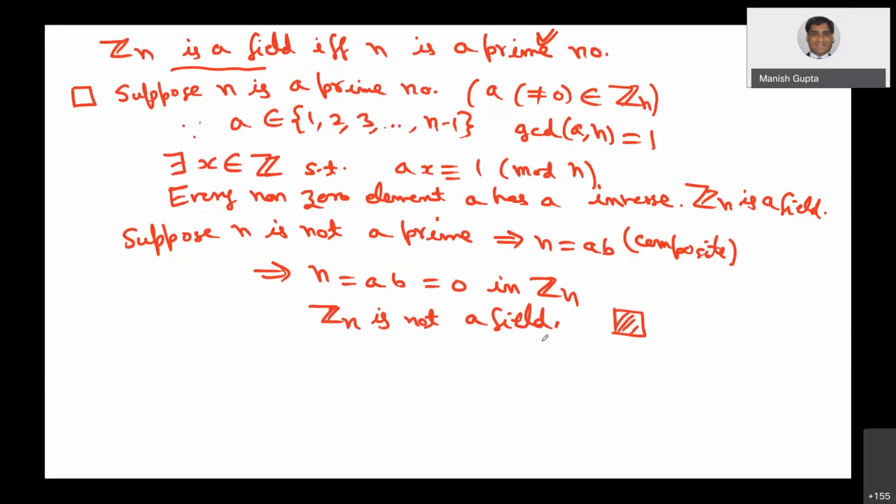So that's why in today's class, some people asked why Z1 is not a field. Now you know that another way of looking at it is because 1 is not a prime number. The smallest prime is 2. So that's why Z2 is required. Okay. So now I want to mention another algorithm which is known as the division algorithm.